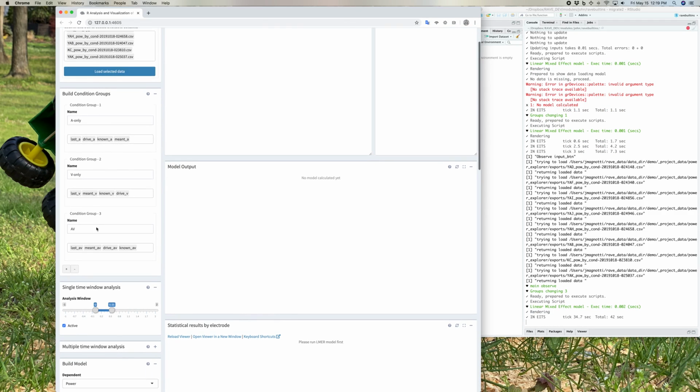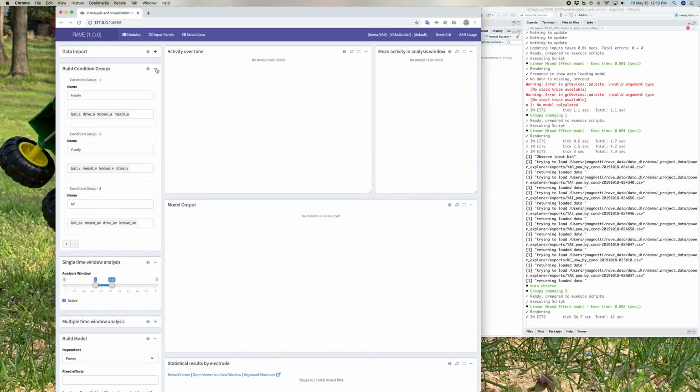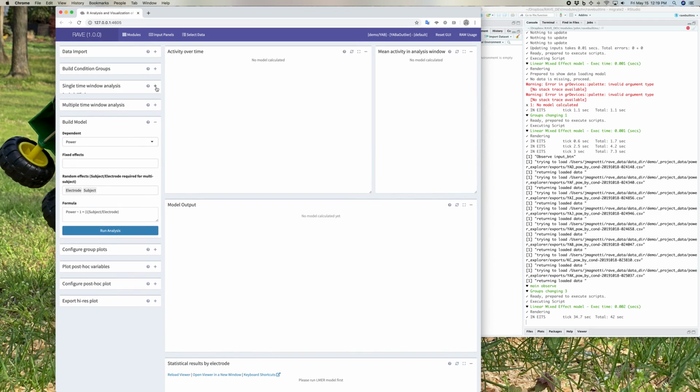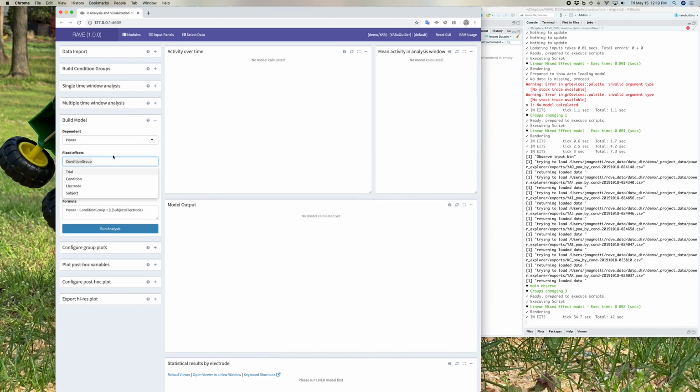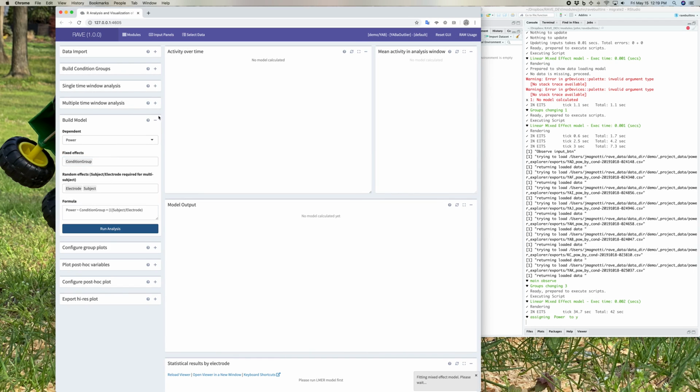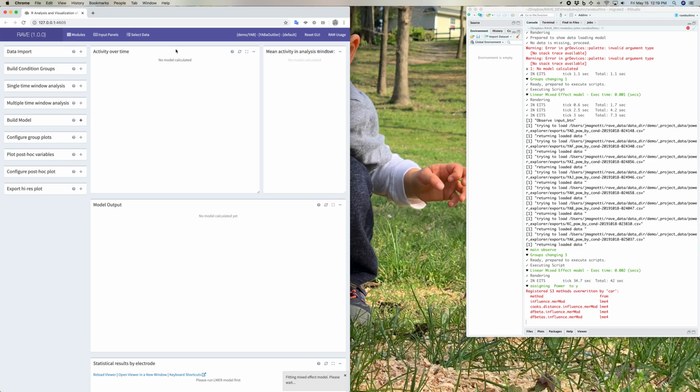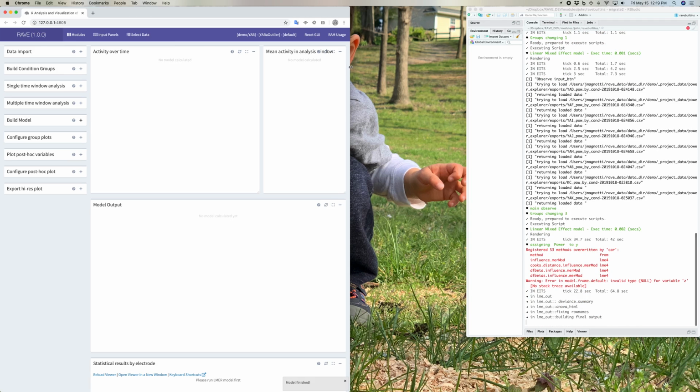Data are loaded, condition groups are automatically loaded. Analysis window is fine. Build model, we'll just add in condition group, run analysis, fitting the model. Go ahead and hide that. Once we have our model,